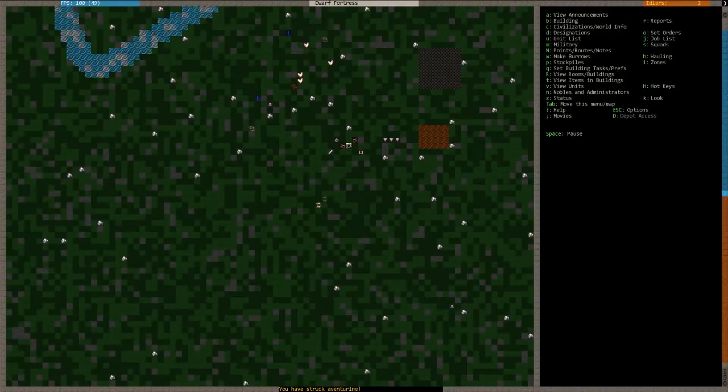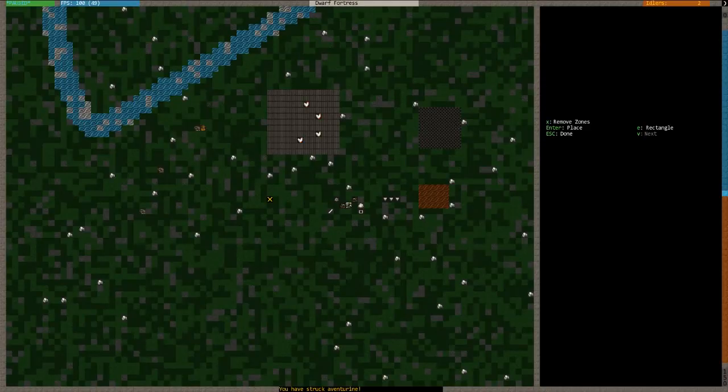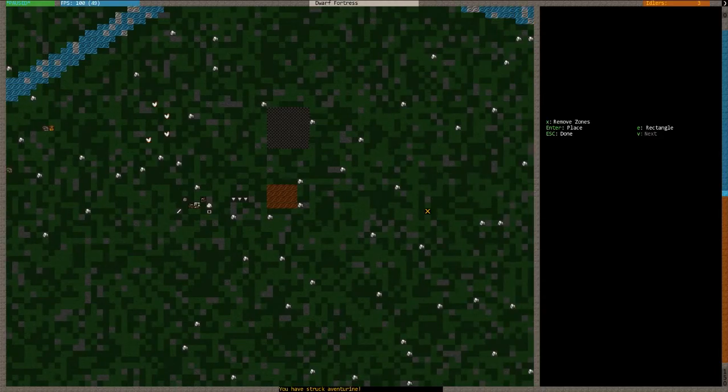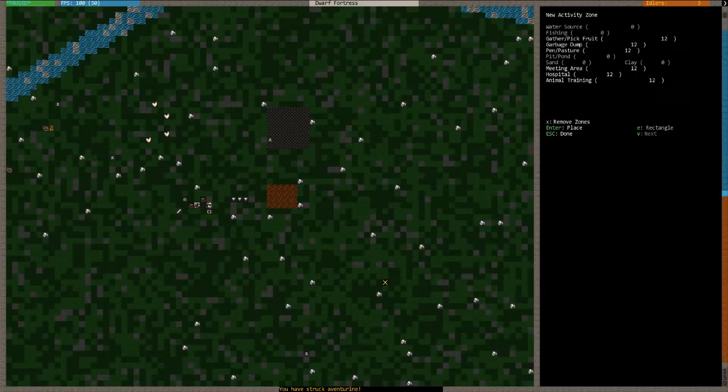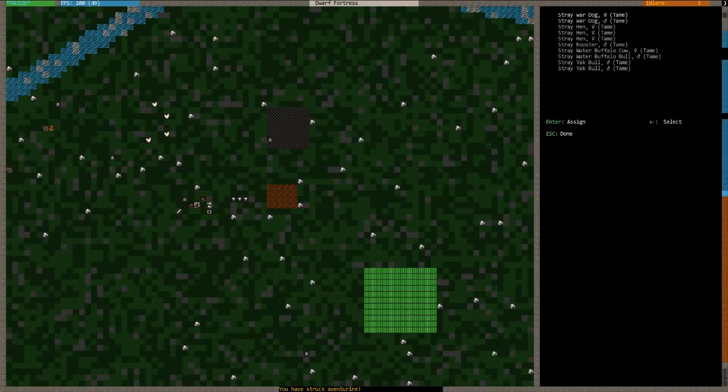Oh yeah, they don't like those, alright, fine. You know what? We're going to remove this activity zone. We're going to place a new one over here away from the river. So I'm getting tired of watching them run off. And that's just going to slow things down, so...